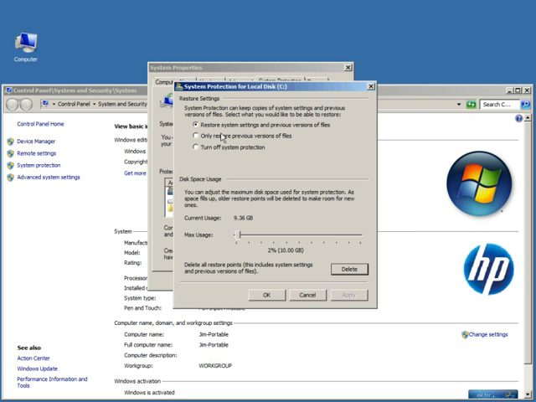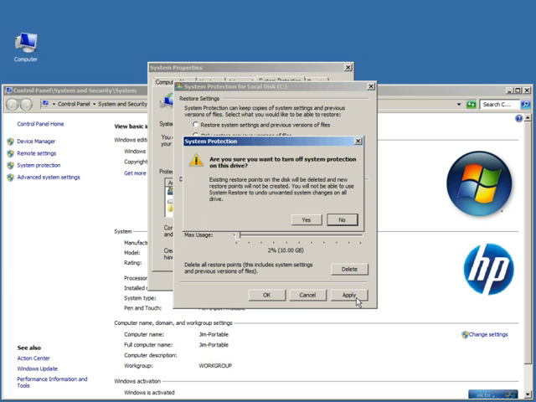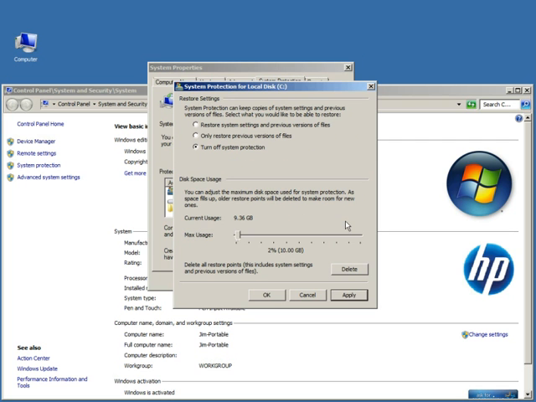For the same thing, if you were to change one of these settings, turn off system protection, and try to hit apply, it would try to warn you against doing that. We're going to say no, we don't want to do that. No, we're sure we don't. In fact, I want to leave it on. Restore system settings. I'm going to leave all